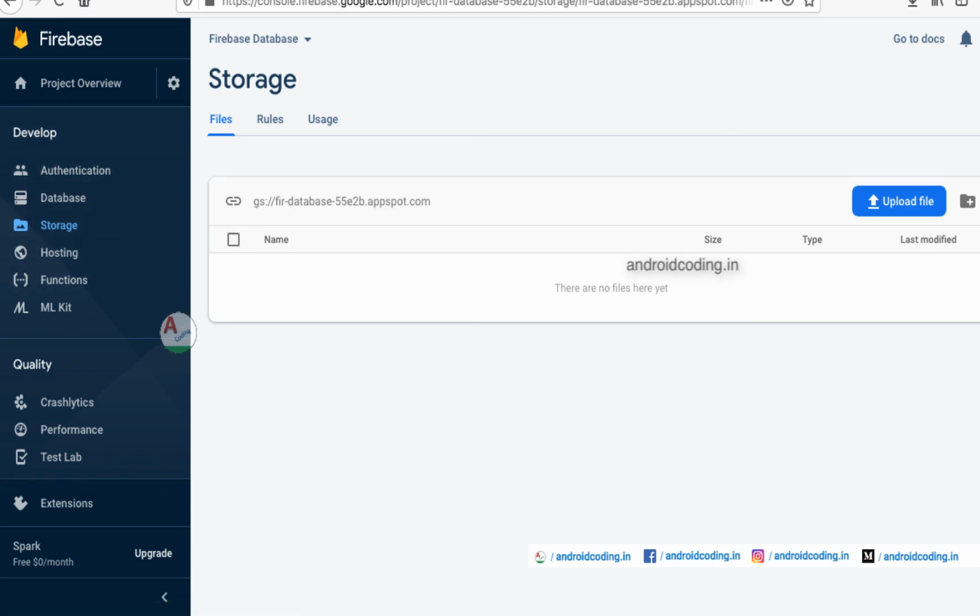In this particular topic we are only going to consider storage only. We are uploading our image file and downloading it again. This database we have dealt with in a previous tutorial, and authentication for Firebase login we have also dealt with. If you have missed those tutorials, you can go back and see them. You will get very good confidence if you go step by step.